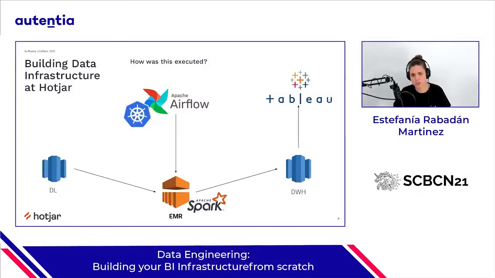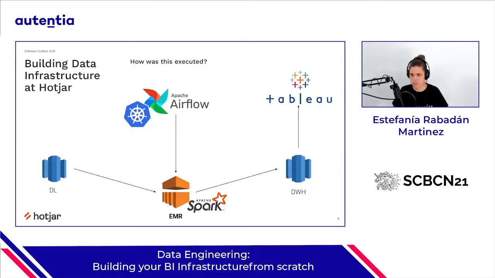So you have these processes that were extracting the data from the data lake. They were transforming it, and they were then saving it into the data warehouse, and we need to run that at some point. So we use Apache Airflow. This is another Apache software. This is an orchestration tool. What it helps you with is that you can schedule any type of job in any way. You can choose hourly, daily, whatever works for you, Airflow will do it. And we have that running in a Kubernetes cluster.